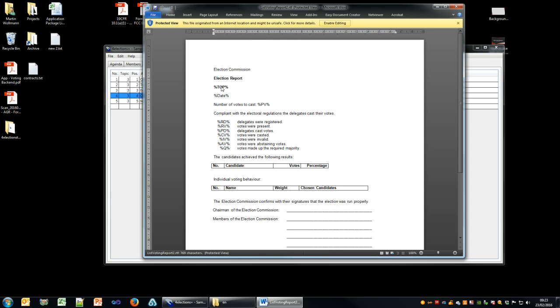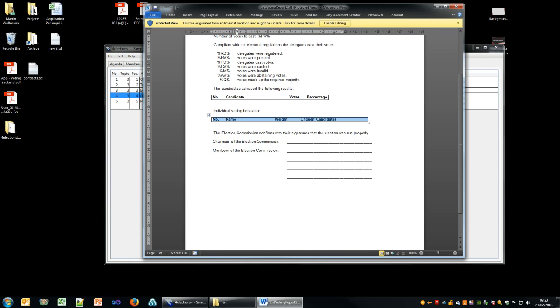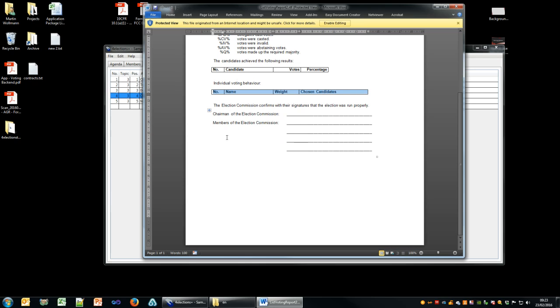Basically, it will have some space holders like the topic, the date, the number of casted votes, some other space holders, which you can set up yourself. And here I have the individual voting behavior with the number, the name, the weight, the chosen candidate. It will always have these